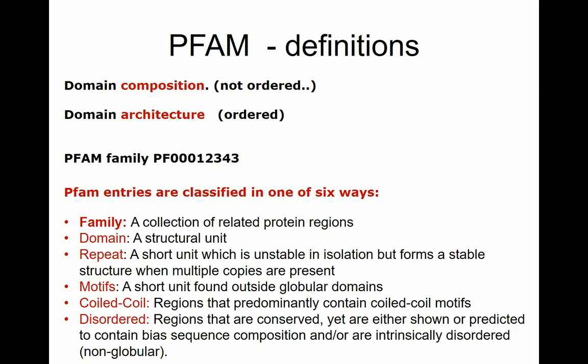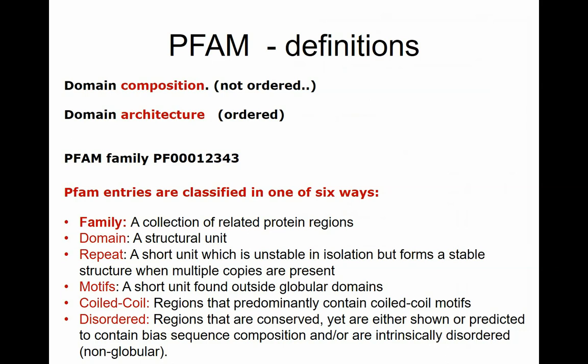But the architecture is ordered. So you have them from left to right, okay? So you see that it's two different definitions. Now, Pfam IDs always look like PF00000, but I put two extra zeros: PF00001, 2, 3, 4, 5, and that's it. This is an ID that is unchangeable, and it's classified to one of